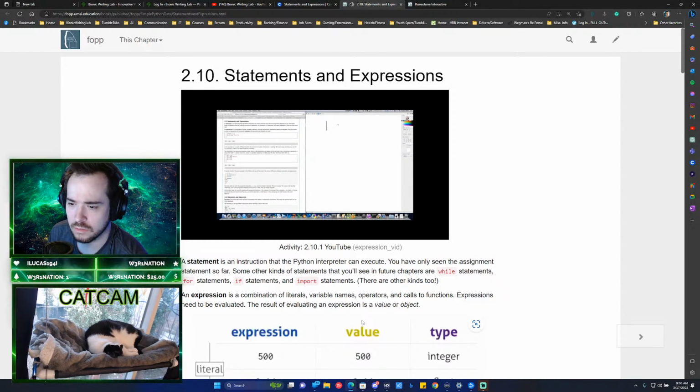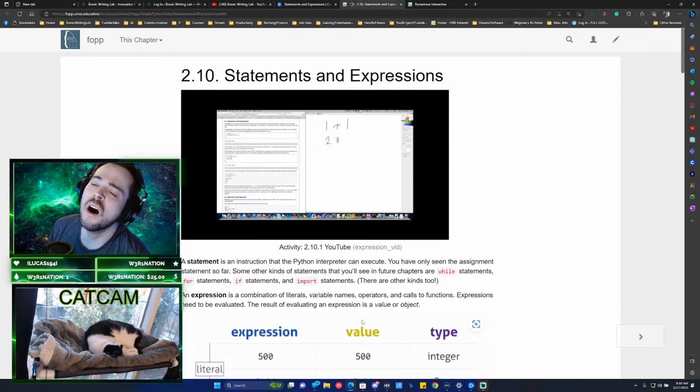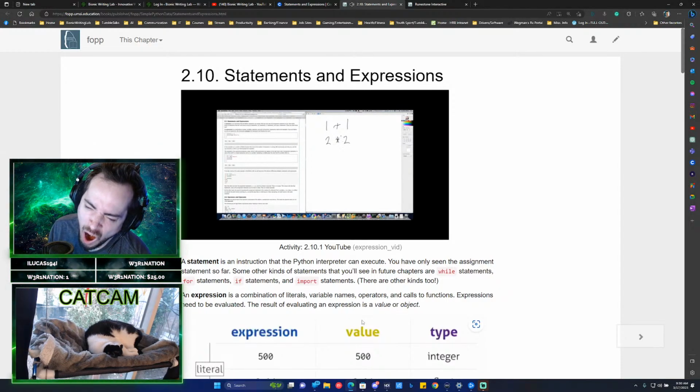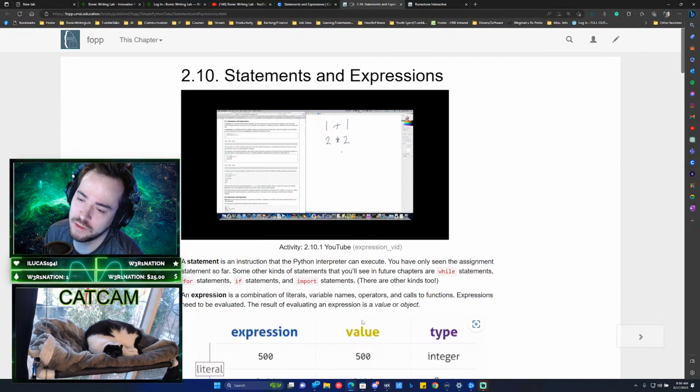So 1 plus 1, for example, or 2 times 2. Notice how we write the multiplication symbol, or even something a little more complex using one of the built-in functions of Python. We can find out the length of a string